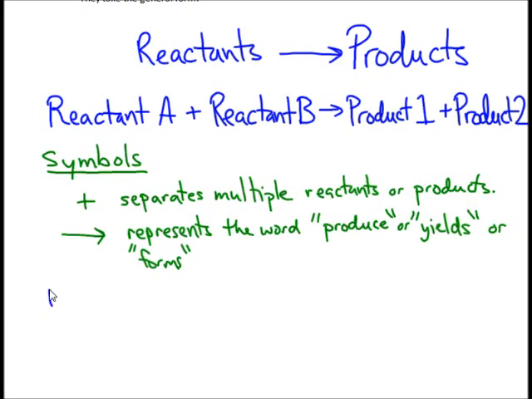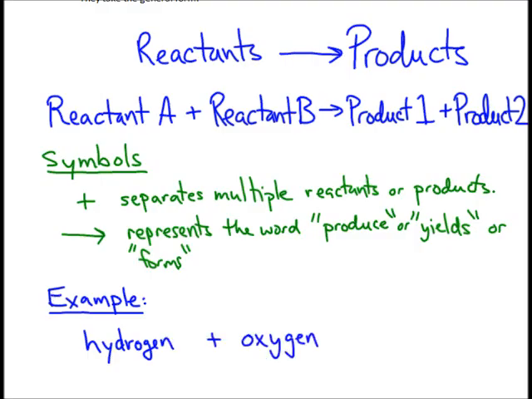So let's do a simple example. The production of water. Water is produced from a reaction between hydrogen gas and oxygen gas. So a word equation we could use would be hydrogen plus oxygen produces, so we put the arrow in, water. So there's our general equation. Now that's a word equation,